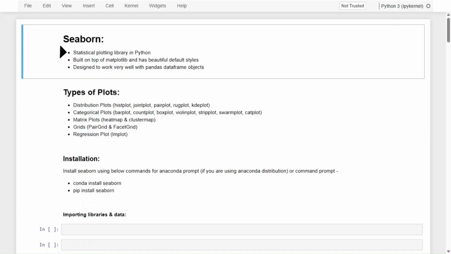Seaborn is a statistical plotting library in Python. It's built on top of matplotlib, which means when you run a Seaborn command, it runs a set of matplotlib commands under the hood. It's built with beautiful default styles for the graph, which makes it easier to read and comprehend. Seaborn is designed to work very well with pandas data frame objects, and therefore